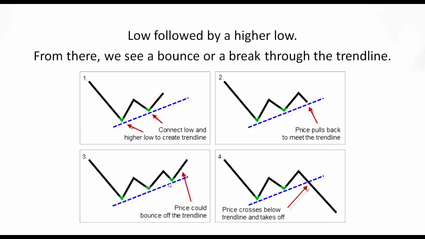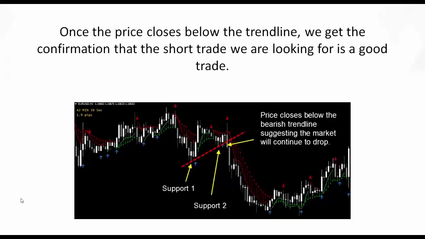This is where we sit on the edge of our seat and we stare and we watch what's going to happen. Price can bounce off the trend line and continue to move in the trend direction. That's a strong possibility. The other possibility is price is going to break through it. It's going to break below it. And then if it does this, it can continue to move down. Once the price closes below the trend line, we get the confirmation that the short trade we're looking for is